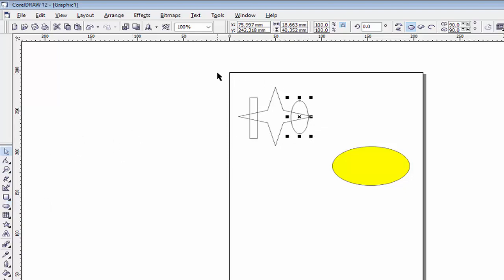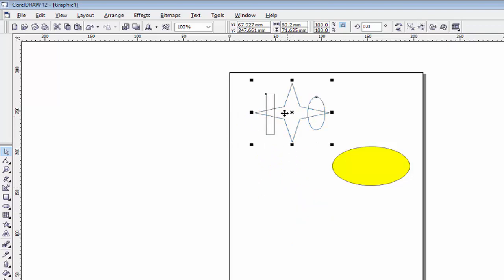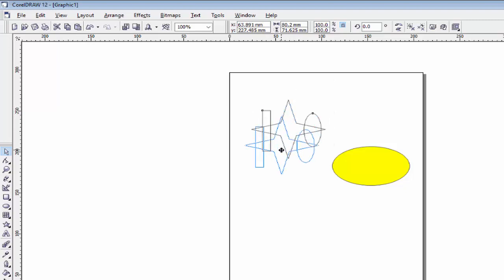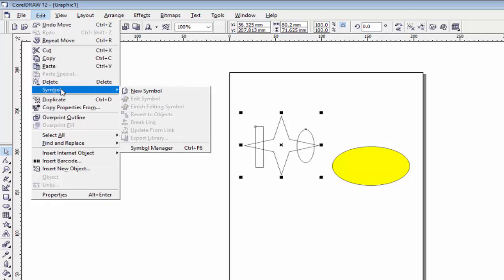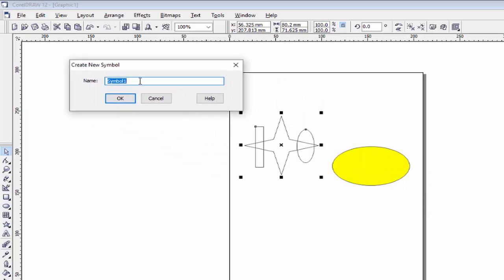And I want to select all these shapes and create a group of them. I create the group of these shapes, and if I want to create a symbol of that object, select that object, go in edit, click on symbol and new symbol, and give the name here, any name you want to give to this object, like logo, my logo.